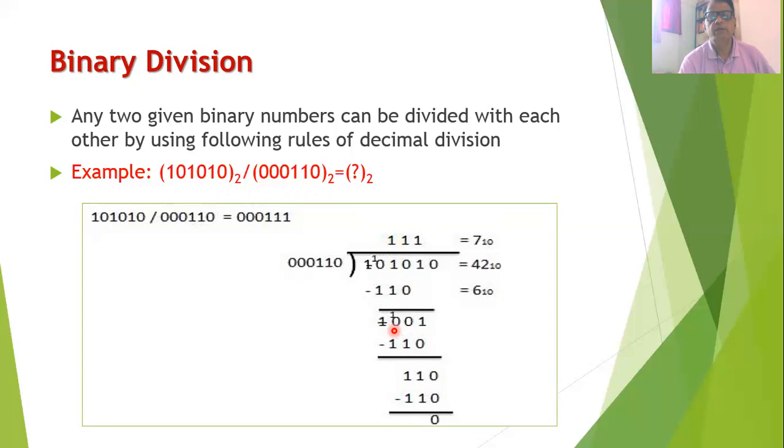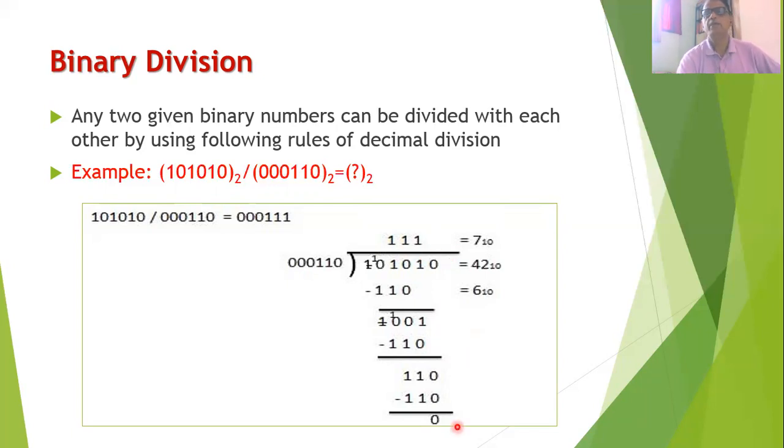Now I will take the next bit 1, and then again I will write the quotient 1, and I will subtract the number 110 from the result. Now when I subtract 110 from the first result, you will find that we get the result 11. Now we need to consider the next bit. The next bit is 0. And again, I have to write the quotient 1. And then when I subtract 110 from the result, you will find that the remainder will be 0. So in this case, the result is 111 and the remainder is 0.